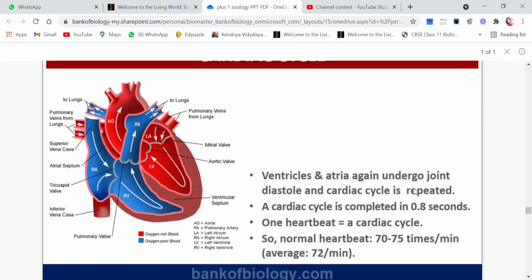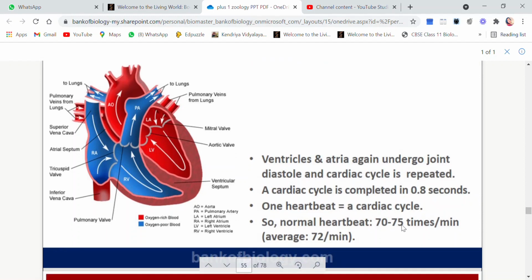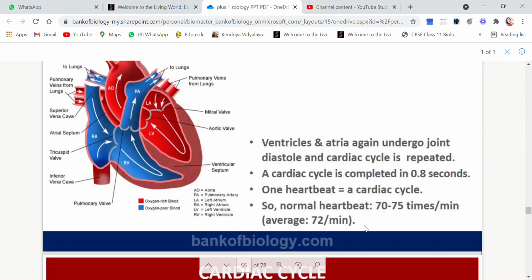So a normal heartbeat of a person should be 70 to 75 times per minute, and the average is always 72 times per minute. This is the average heartbeat of a normal and healthy